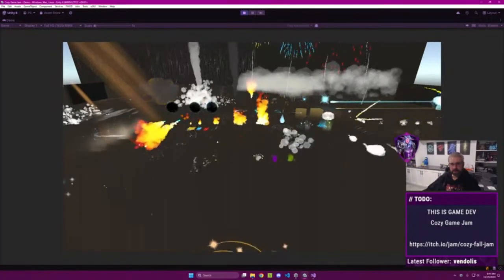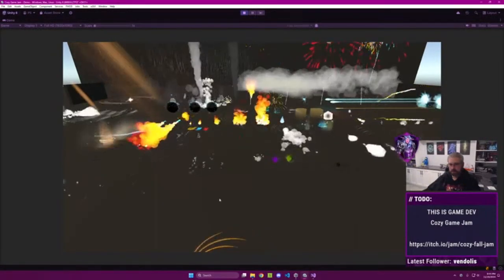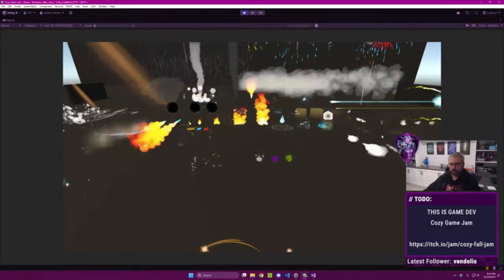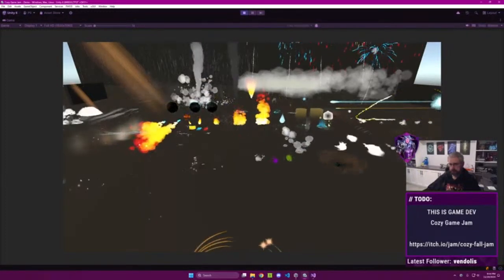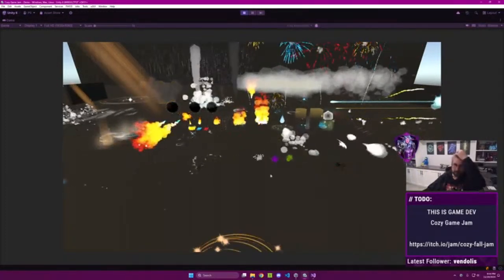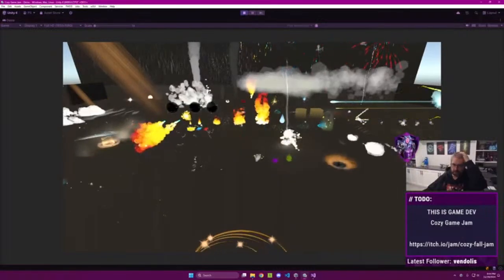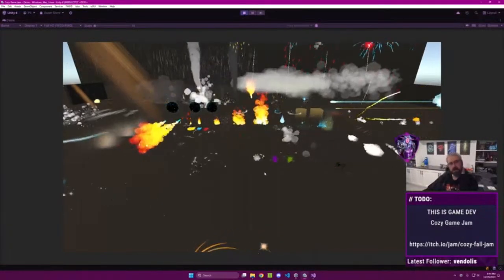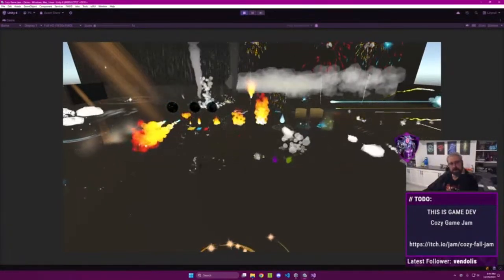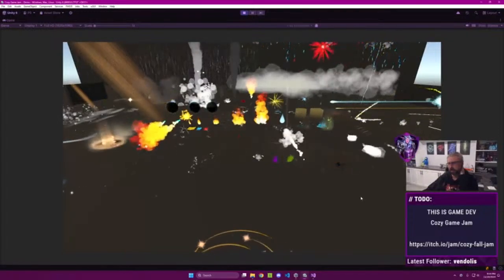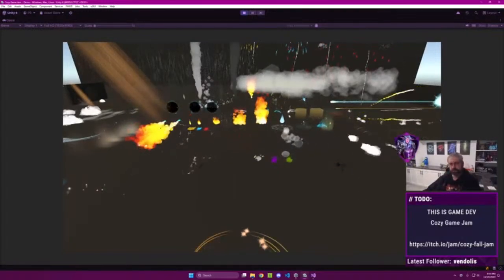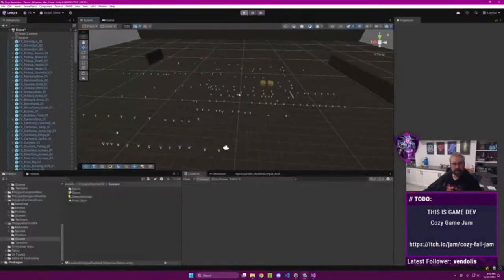So there's fire, swirly poofs, dust, all sorts of stuff. I could use these little burning things for torches on the walls. These rays, there's all sorts of stuff we could use. So we have that, and then